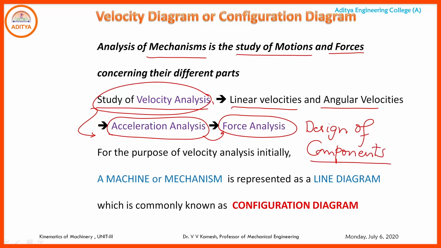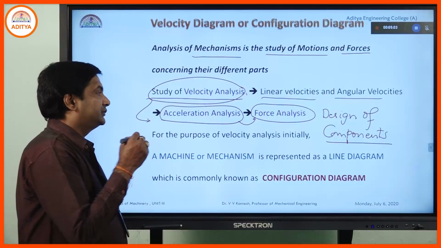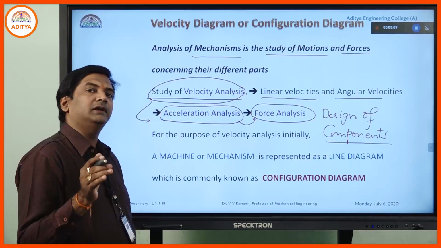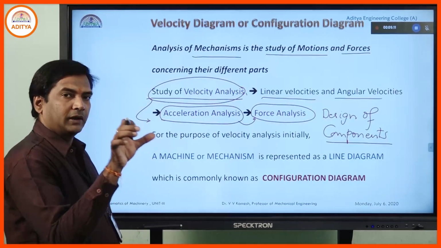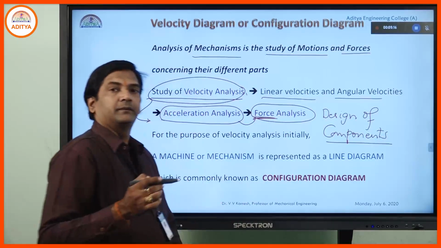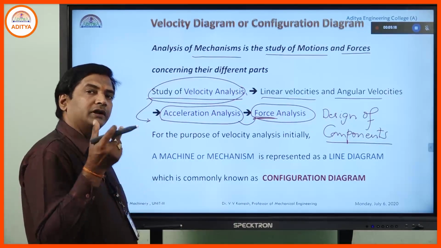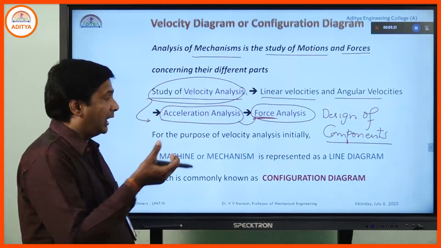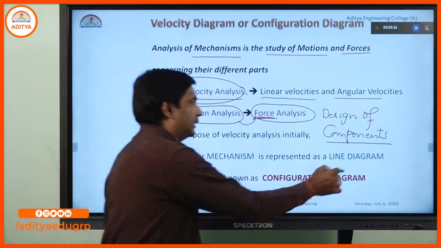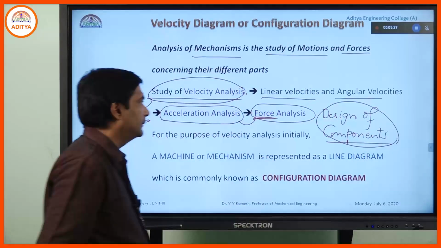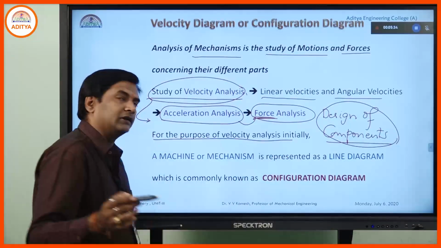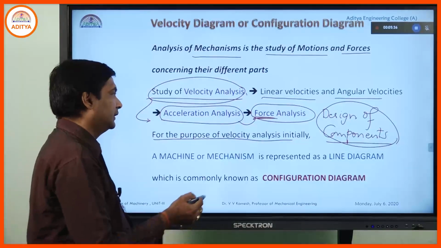So, once we find how much force is generated at a particular area at the joint or a part of a link or some distance with a particular joint, for this force, which material we need to use, what is the thickness of this particular link, what type of material we need to use, what shape we need to use, all this will come under the design of the components. So, for our purpose, starting the velocity analysis, initially what we need to do is,